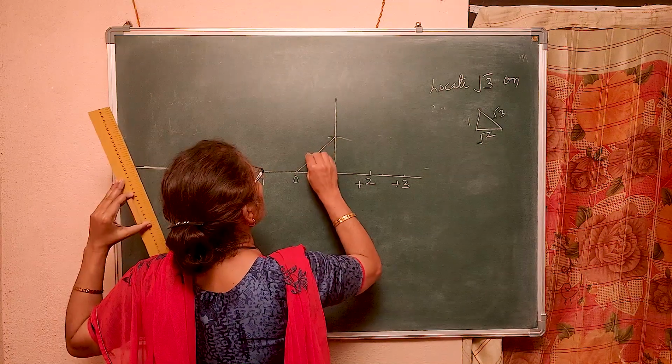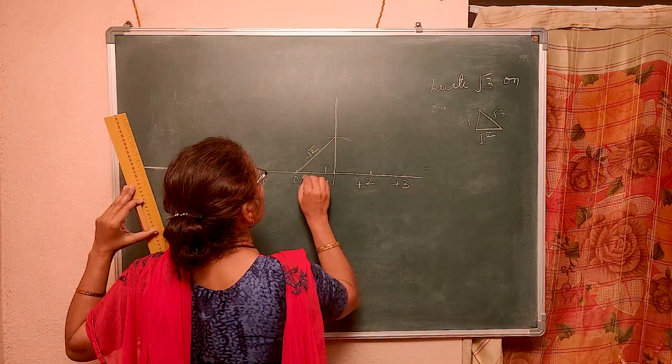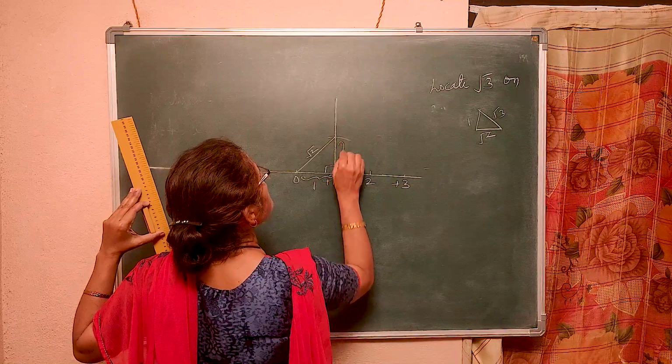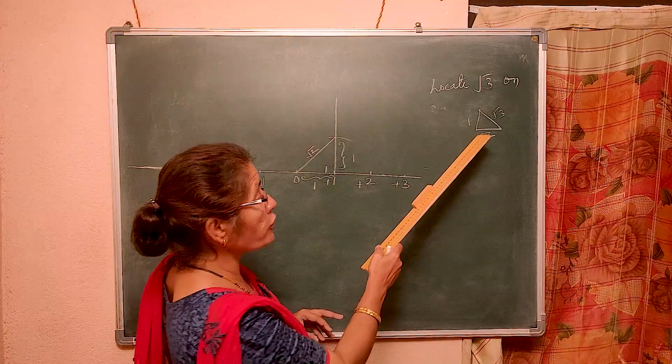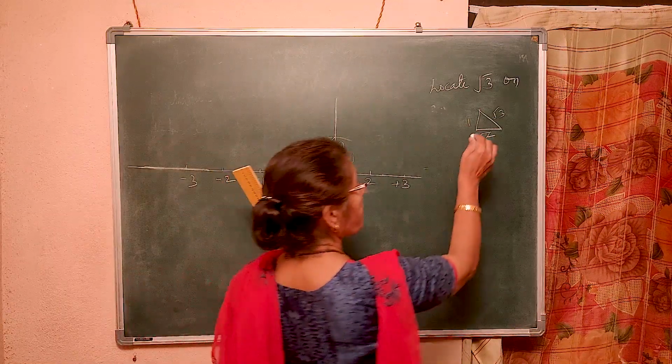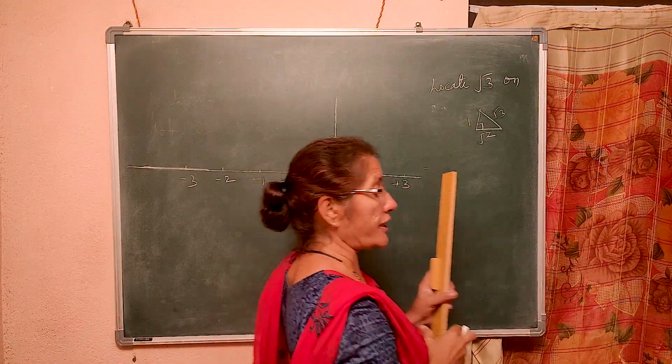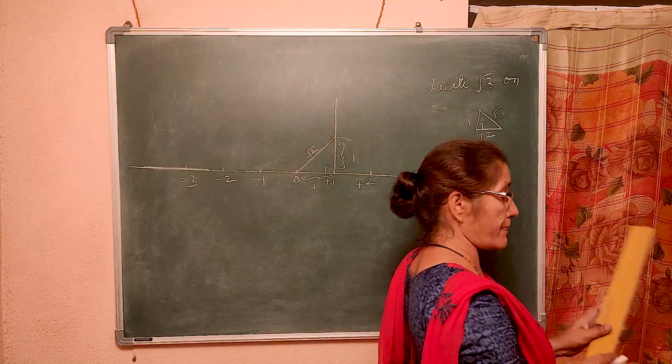So this one will be square root of 2. This one is 1. This is also 1. So square root of 2. Now square root of 2 and 1, and what should be the angle between that? 90. So take square root of 2 as a base